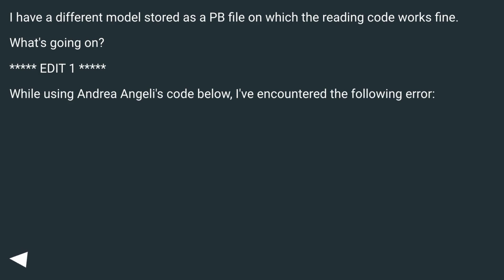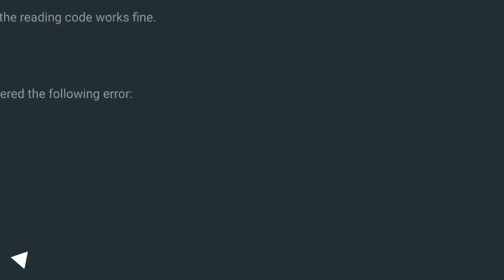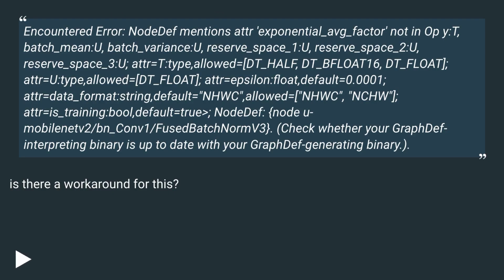What's going on? Edit 1. While using Andrea Angeli's code below, I've encountered the following error. Encountered error: NodeDef mentions attr 'exponential_average_factor' not in Op